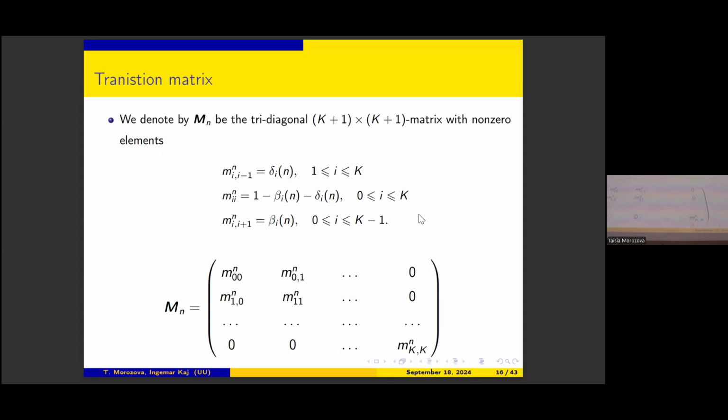Yes, so then let's also define a matrix for the transition of the process. It's going to be a tridiagonal matrix because only three diagonals are non-empty, right? The main one represents when the state of the buffer is the same, then the upper one for the increased buffer, and then the lower one for the decreased buffer. And the elements of the matrix also come out quite easily from the jump probabilities.